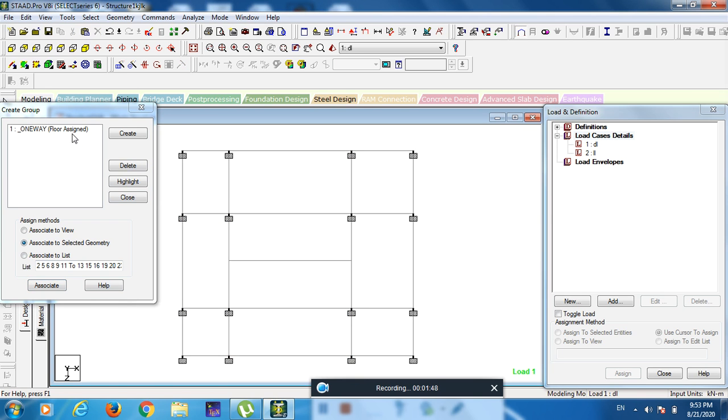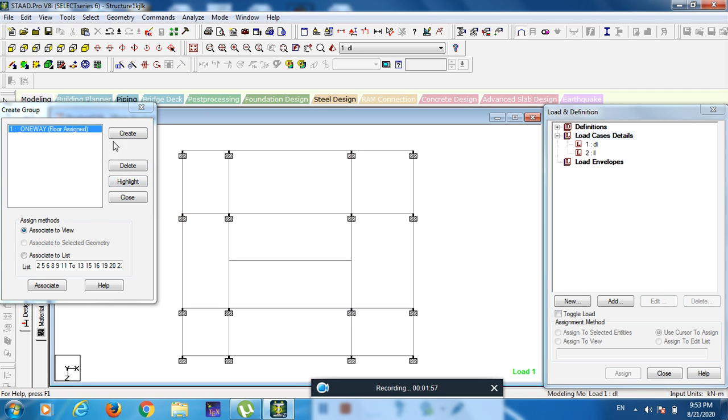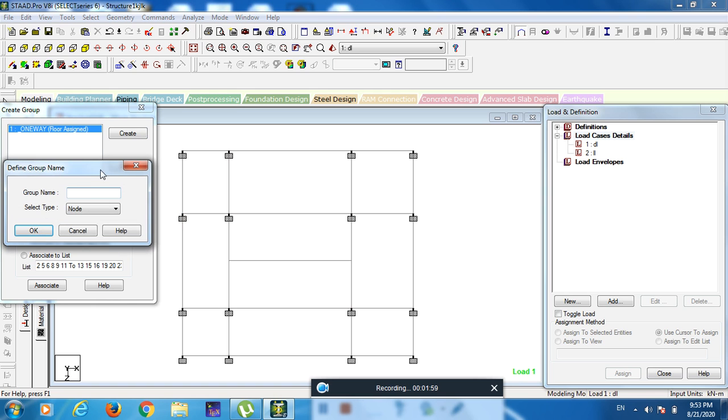Okay, now here you can check. Click here and click on Highlight. Now it will highlight. Okay, now we will create two-way. Here select Floor.